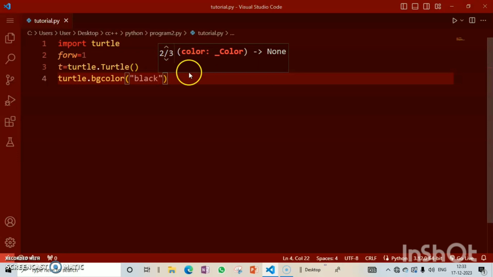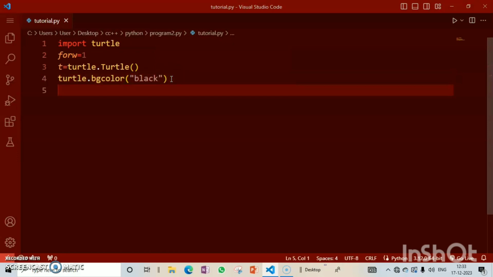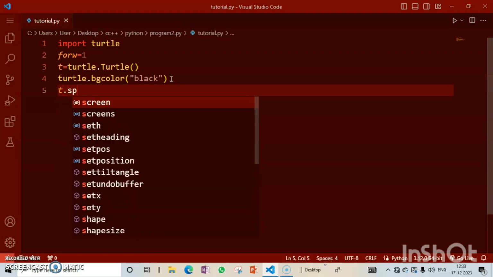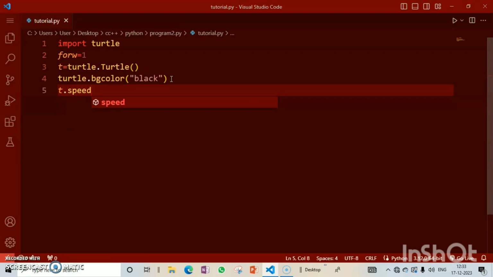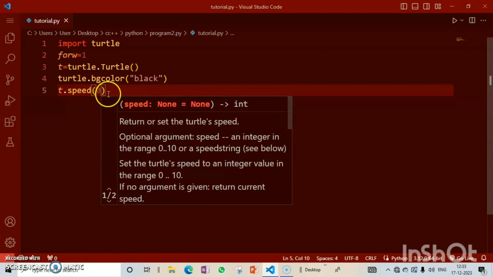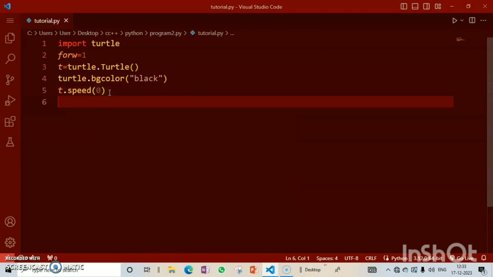Okay, so next, t speed. t dot speed. Okay, this is 0. Next